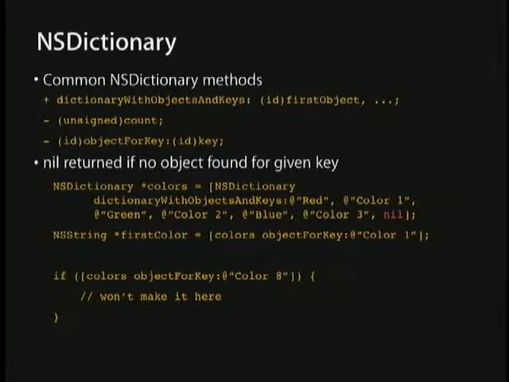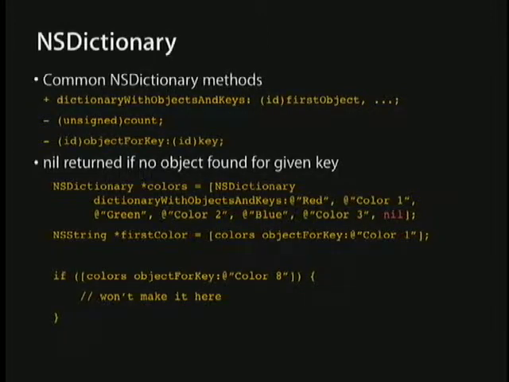Dictionary, there's the common NSDictionary methods. There's dictionaryWithObjectsAndKeys, which is pretty similar to what we just saw in NSArray. The interesting thing here is you switch back and forth between objects and keys. The first thing that you pass has to be an object, and the second thing after that is the key for that object, and so on: object, key, object, key, object, key. So there always has to be an even number of real parameters there, and then ending with a nil again. If you don't end with nil, you have the same problem you had with NSArray, so keep that in mind.